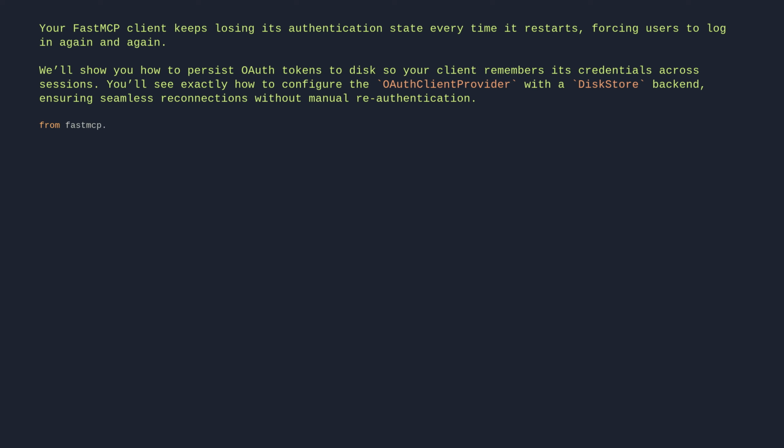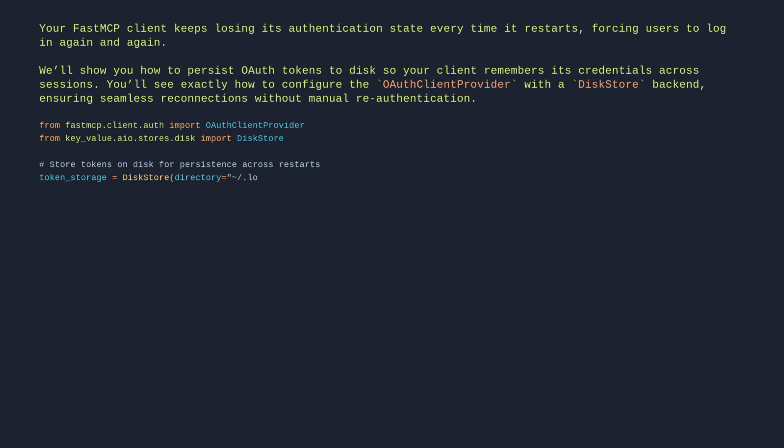from fastmcp.client.auth import OAuthClientProvider. from key_value.aio.stores.disk import DiskStore. # Store tokens on disk for persistence across restarts. token_storage = DiskStore(directory="~/.local/share/fastmcp/tokens"). oauth_provider = OAuthClientProvider(